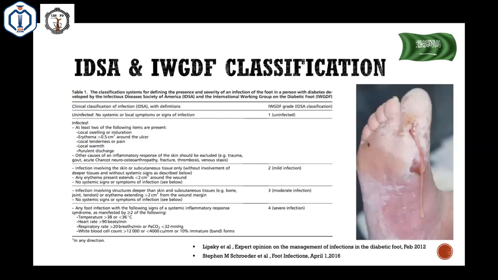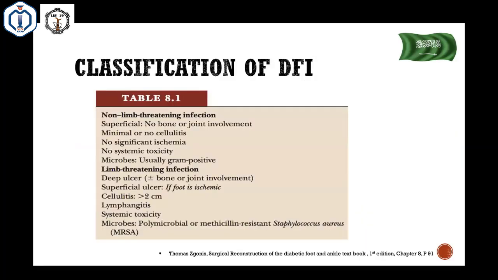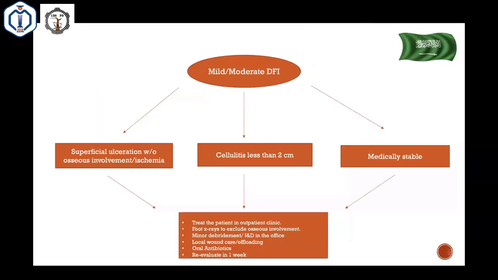There are multiple classifications. The most convenient is between IDSA and the International Working Group on the Diabetic Foot. They classify diabetic foot infection according to the signs and symptoms of infection. There is another classification, taken from Dr. Zgonis's book. They classify it as non-limb-threatening or limb-threatening infection. I made this to make it simple for you. I classify my patients as either mild/moderate diabetic foot infection